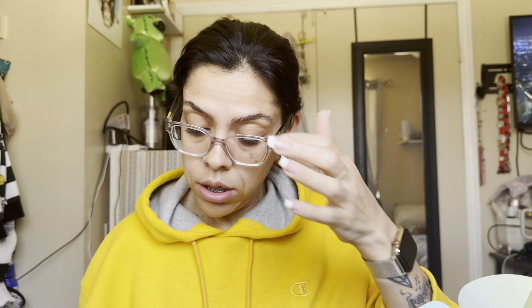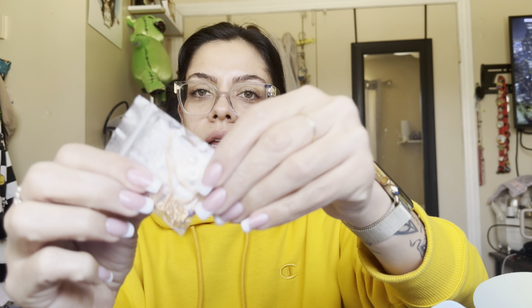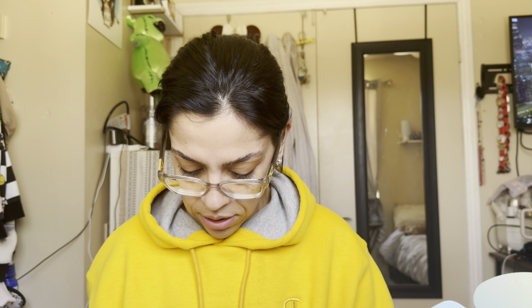Let's see here. I'm really hoping I get the Hella palette. Oh Lord. Oh, I got some jewelry. There's a little thing there. Oh, that's cute. It's like a little, I don't know if you can see that. It's like a little heart. Oh, it's falling. It's pretty. It's like a rose gold chain and everything. So that's nice. And then the last thing I got,